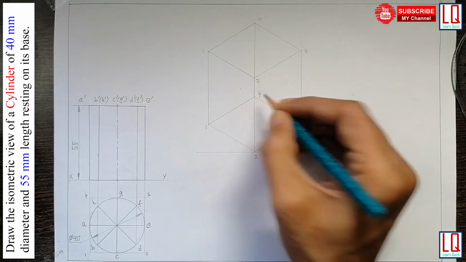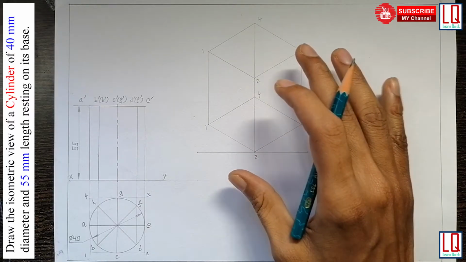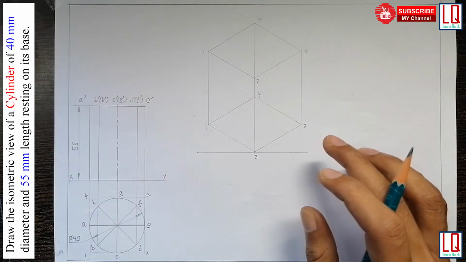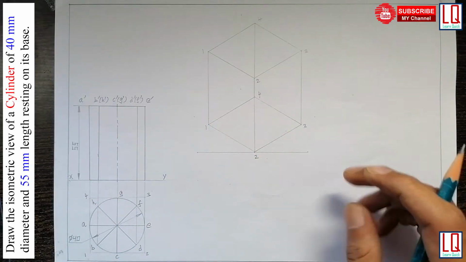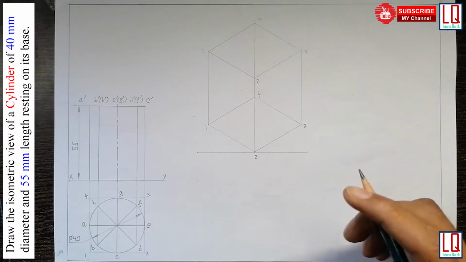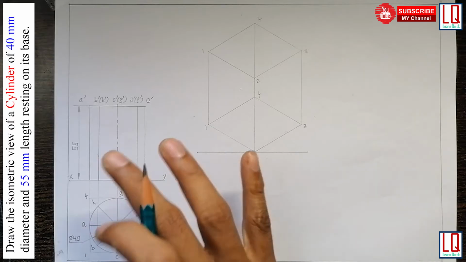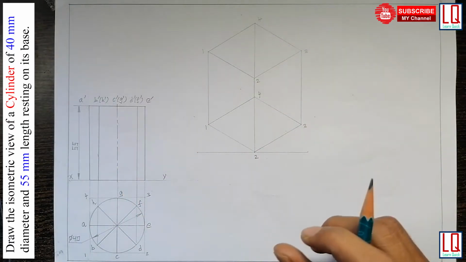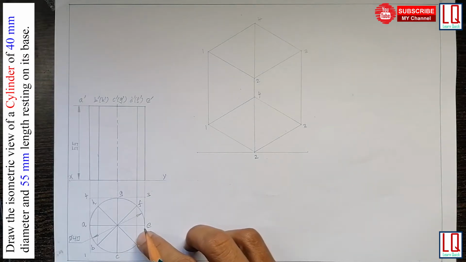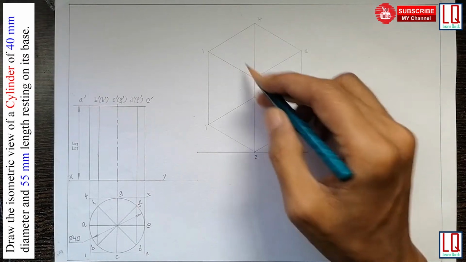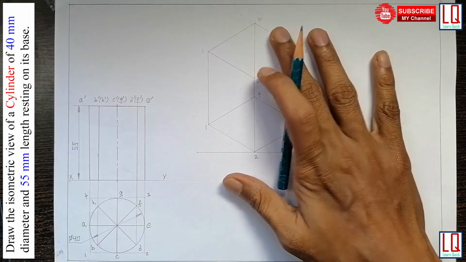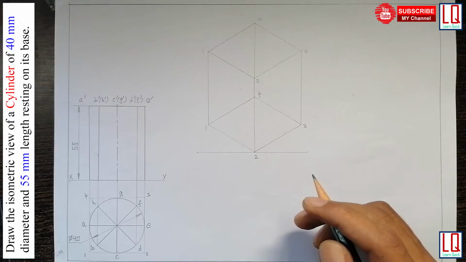Now the construction of this box is complete for the purpose of the isometric projection of this cylinder. This box is going to enclose the cylinder, and for the cylinder we have a few procedures to follow so that we can complete this drawing. The circle is visible as an ellipse in our isometric projection. How to obtain the view, we will look at now.